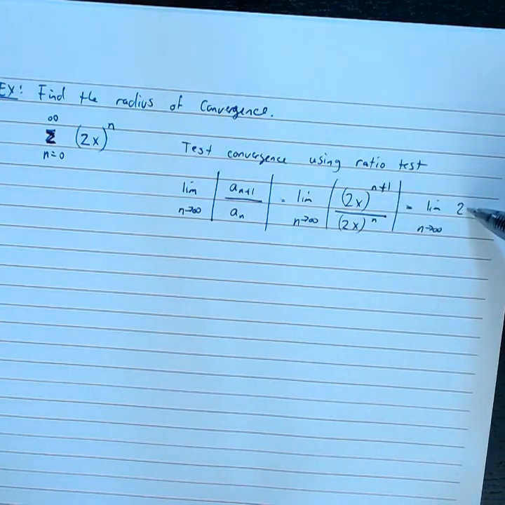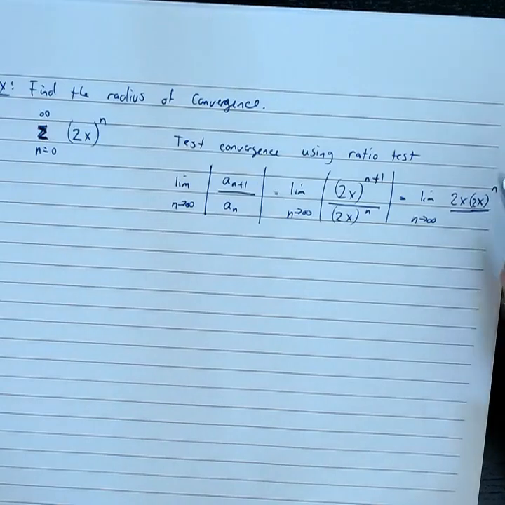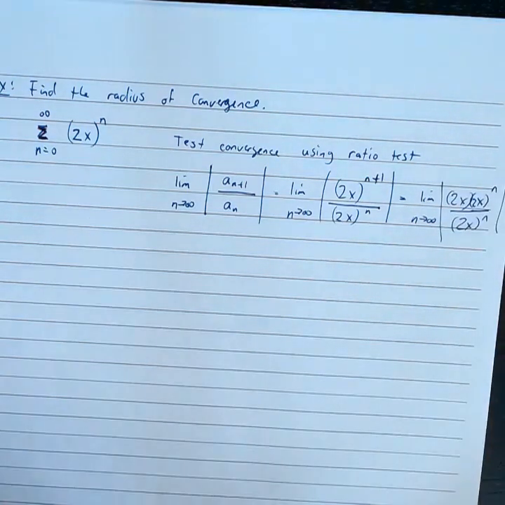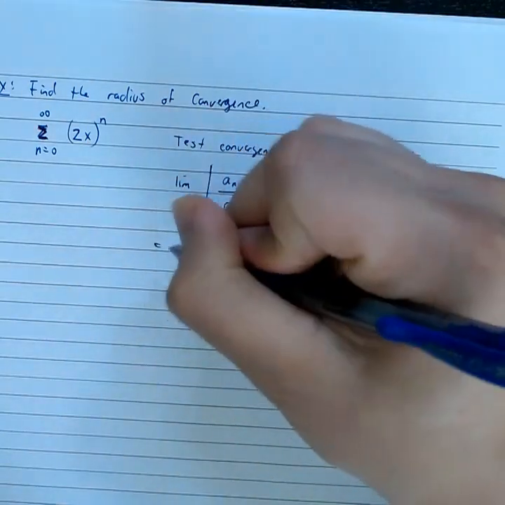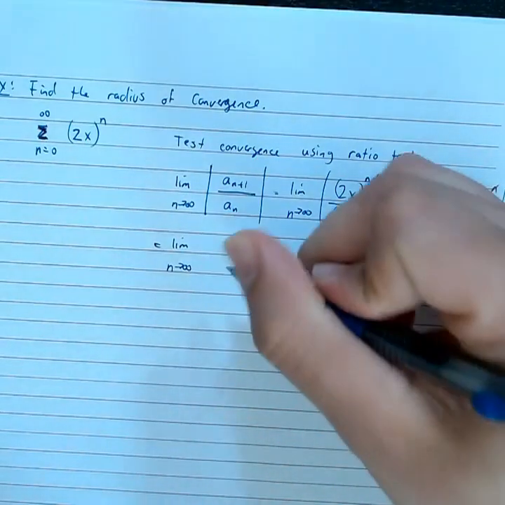Here I can just write that as 2x times 2x to the power n. After all, that's 2x to the power 1. That's 2x to the power n. And if I multiply those together, I get 2x to the power n plus 1 over 2x to the power n, all in absolute values. And now I notice that this divides away. So now this is equal to the limit as n approaches infinity of 2x in